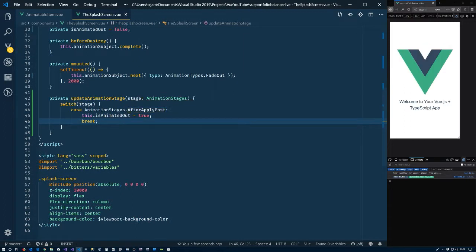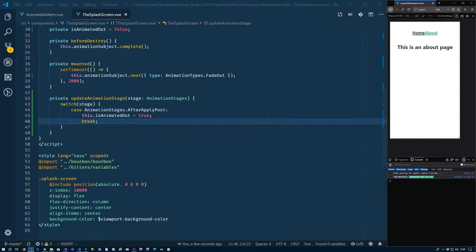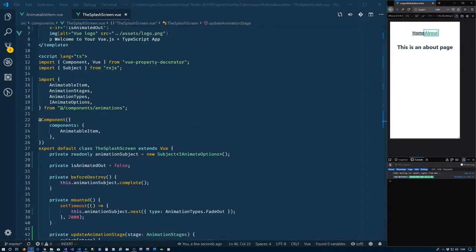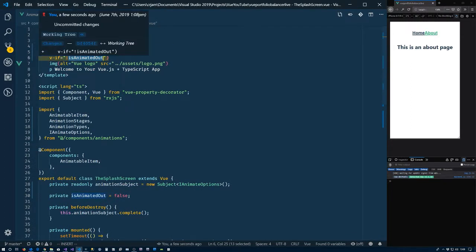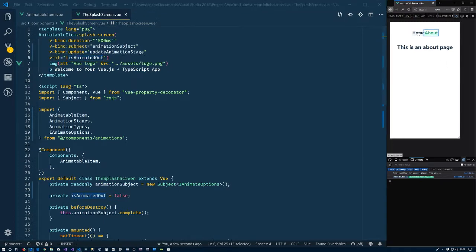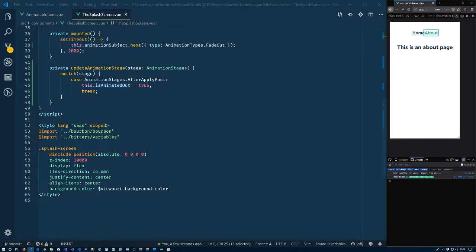Save that. For good measure, we're going to refresh because it caught me last time for whatever reason. So now, hopefully, if I hover over it, I can now click on the links, because now our if statement, it's been animated out. So we're saying this is now false, so the if is removing it, and we no longer have it blocking our user input. I think for the most part that takes care of all of our splash screen, except that one thing,